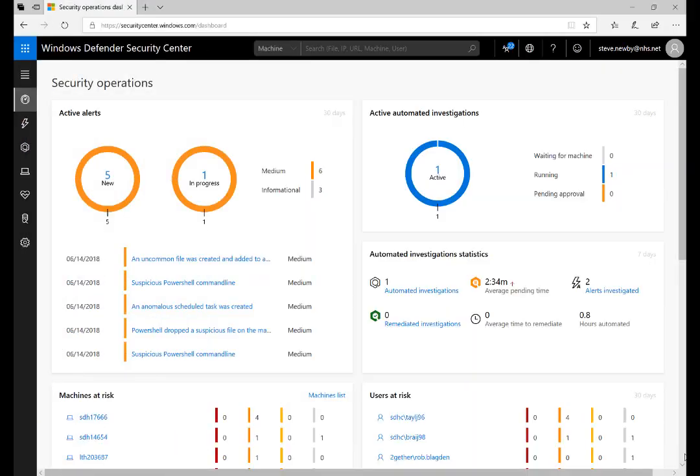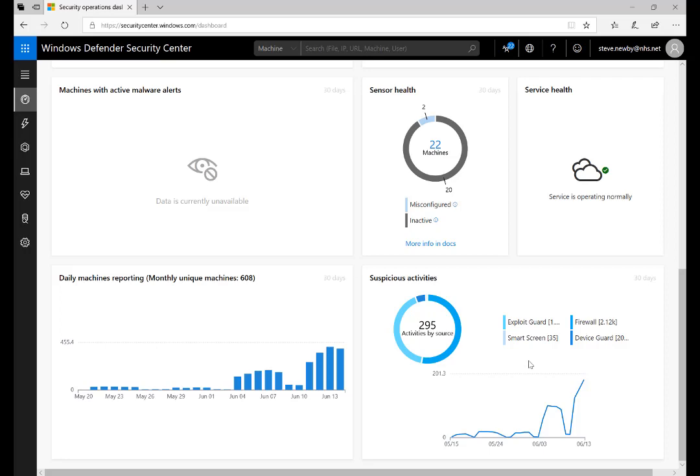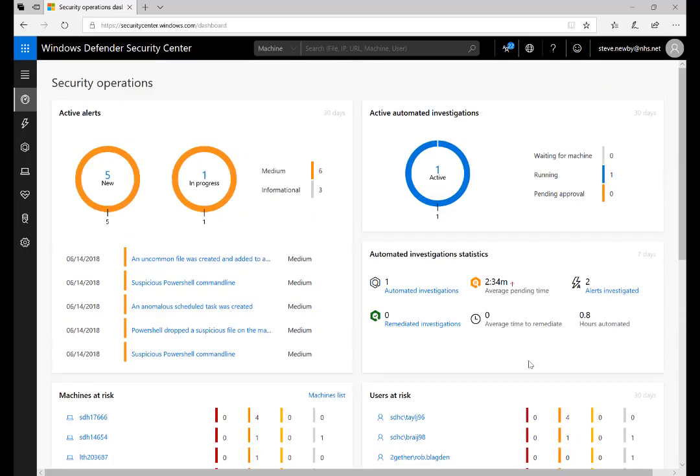So to come back to the main dashboard, there are a couple more things I wanted to show you before we finish up. Actually, one of the interesting things is that since I've been recording this webinar, the number of machines has actually gone up. So we started off at 595 and we're now at 608. So one of the things I wanted to show you was the automated investigations. Now, I talked about this at the beginning. It's one of the new bits of functionality, and it's available for machines that are running RS4 or build 1803